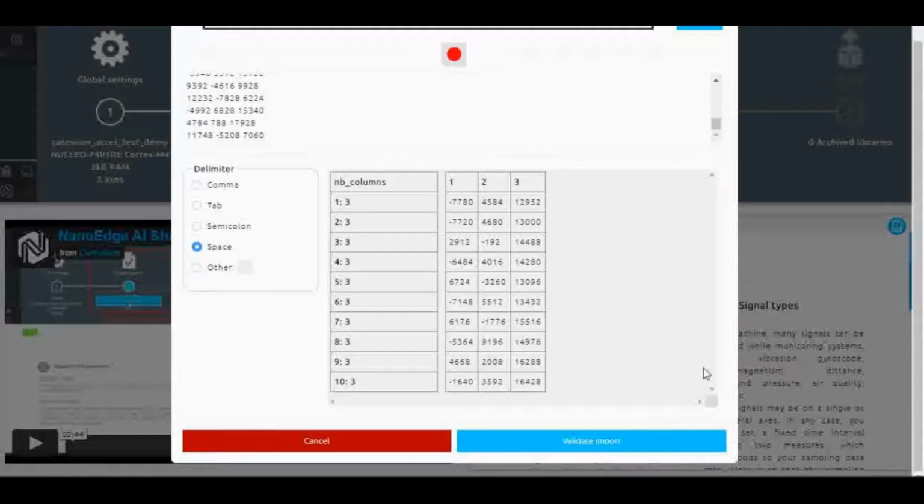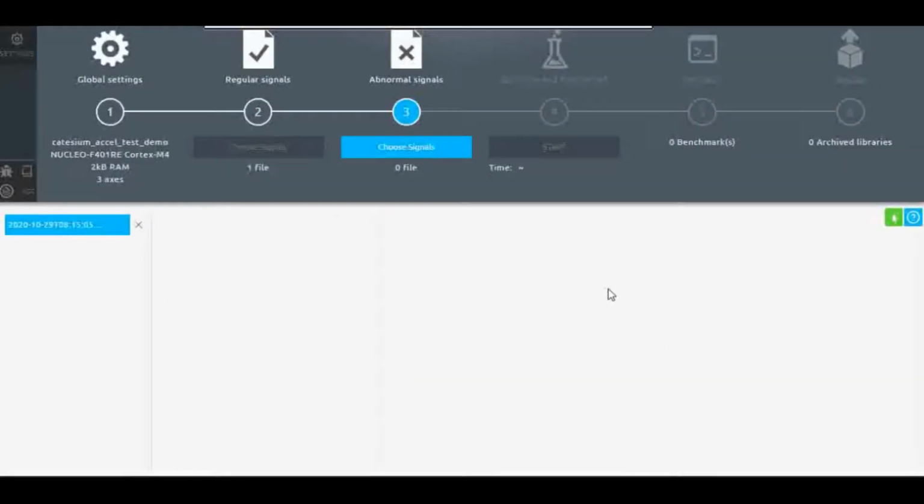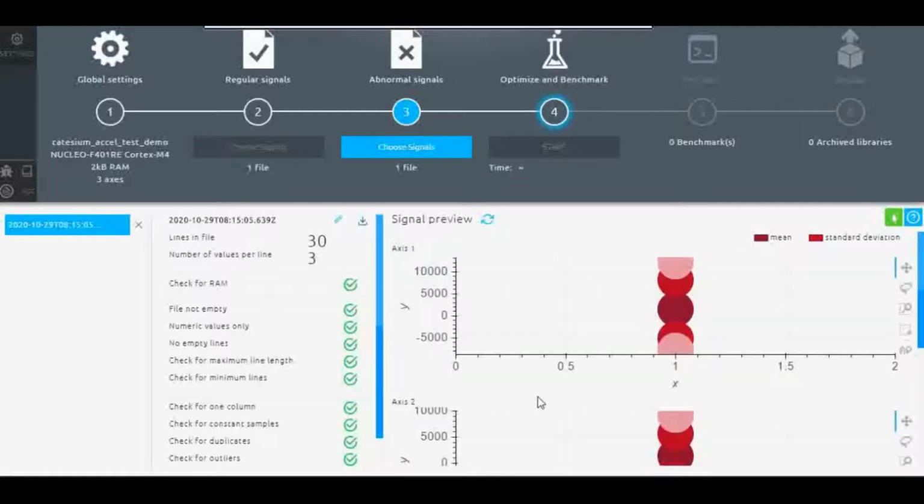See, if there are any abnormal signals, then you cannot directly validate it, but now the validate import is highlighted. This time abnormal signals again came and it's all validated.